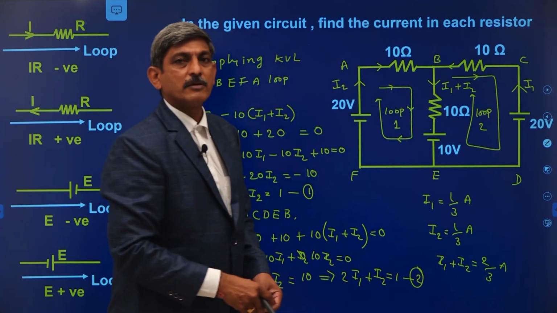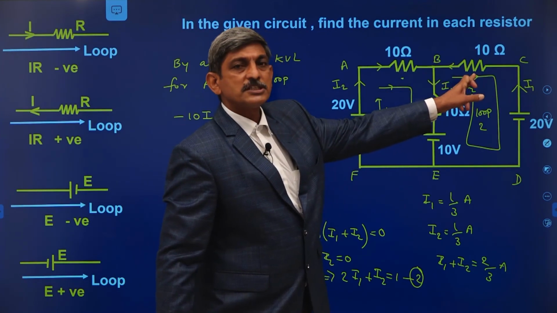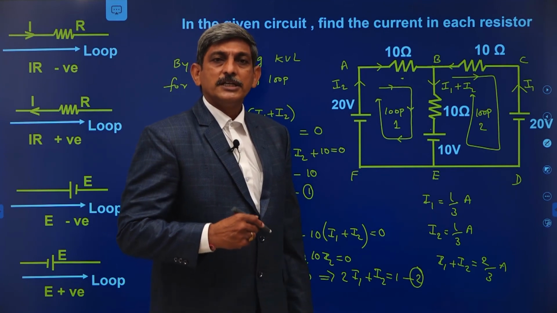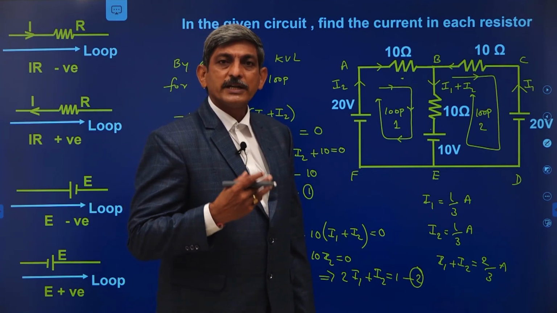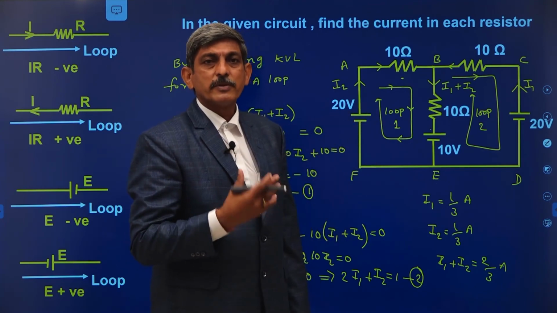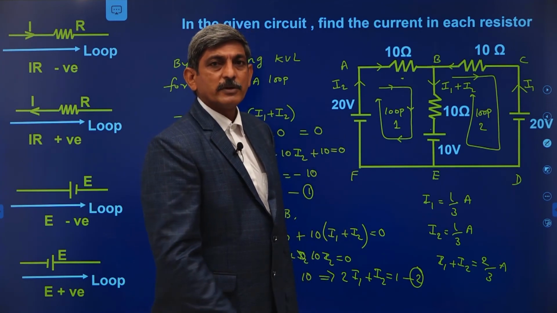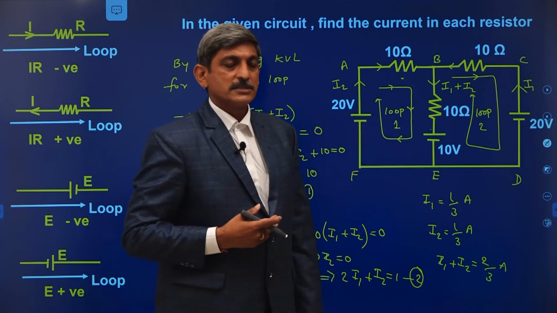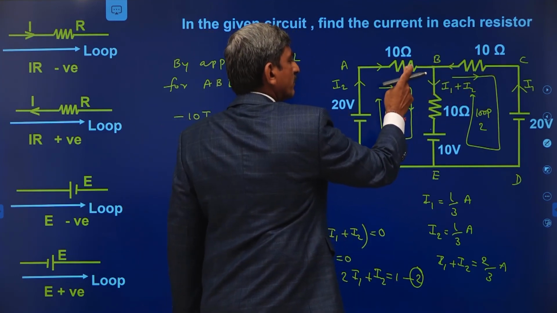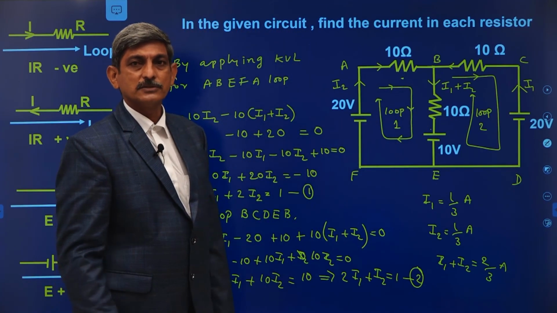That's why while giving the problems, the current passing through this resistor may be given, or passing through this resistor may be given. That's why if you want to find out the current passing through a particular branch, first of all, measure the currents passing through the different branches, and after that, the current passing through the branch can be found by knowing the currents. So here, through this 1 by 3, through this 1 by 3, through this 2 by 3 amperes current is passing through the circuit.